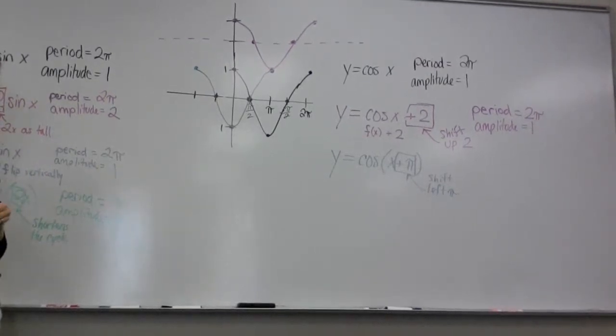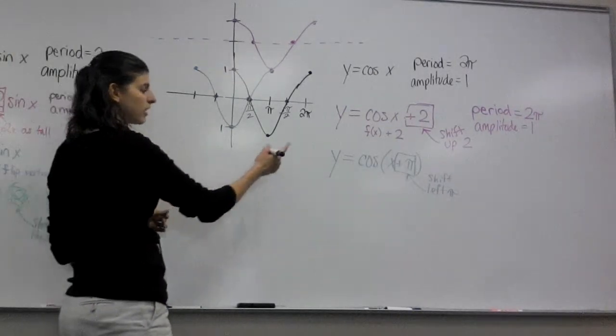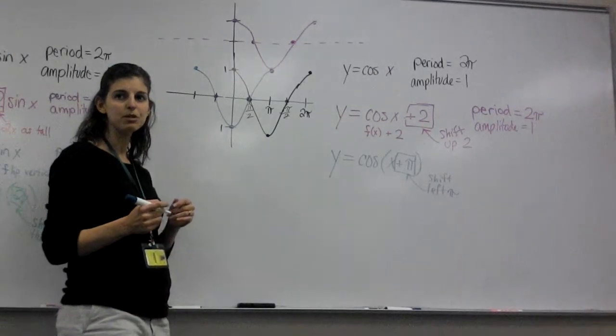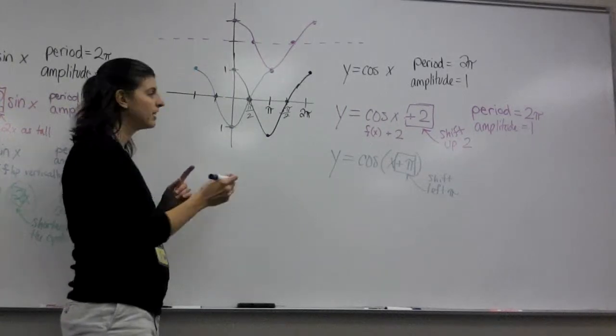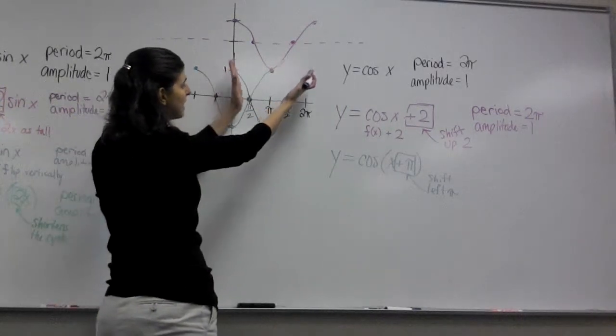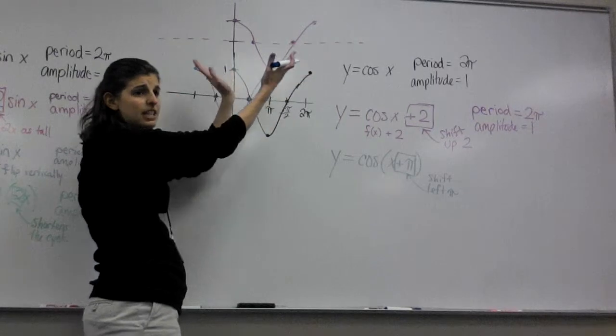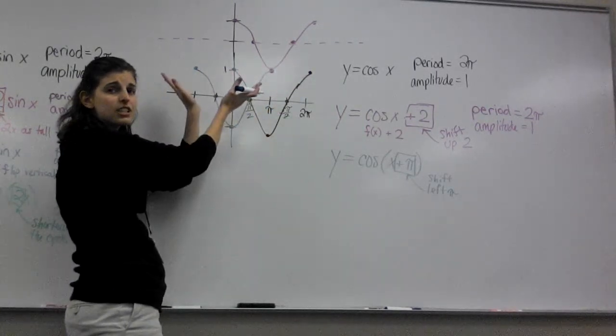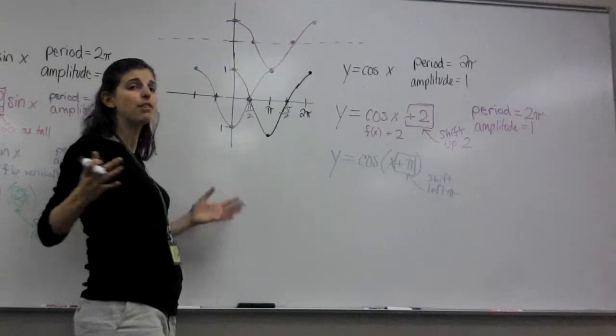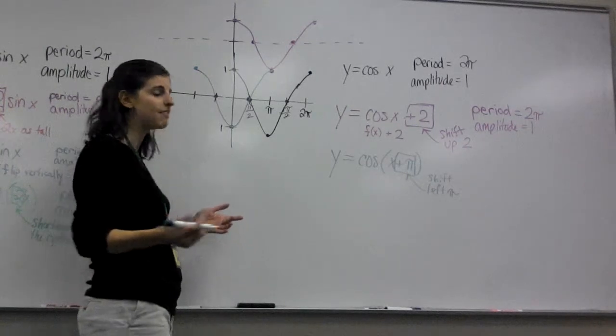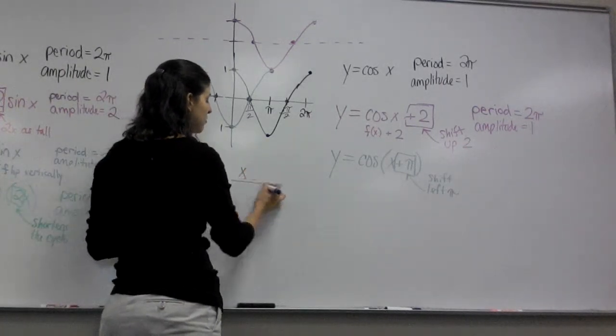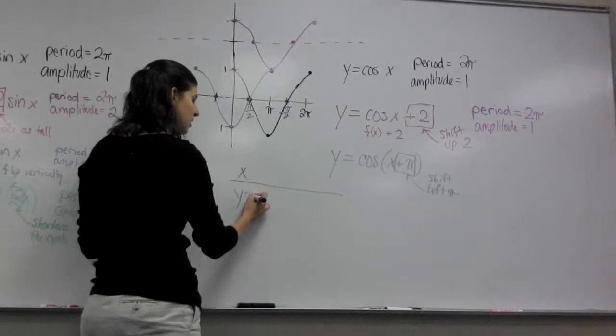Now, again, you can make a table of values if you're not really sure. Let's do that real quick together, because I'm getting some confused looks from some of you on that one. It's like I lost some of you. Obviously, you can see that the black graph moves left pi units to get to the blue graph, but let's see how you can come up with that. If you don't know that it's supposed to move left, how can you come up with it? If you make a table of values,